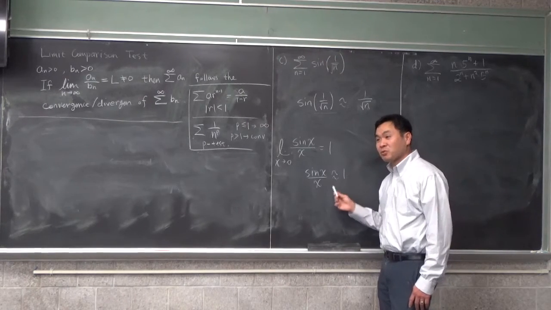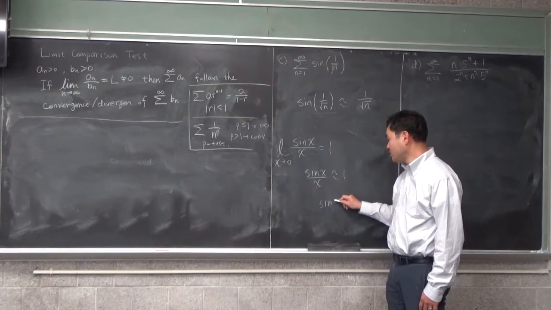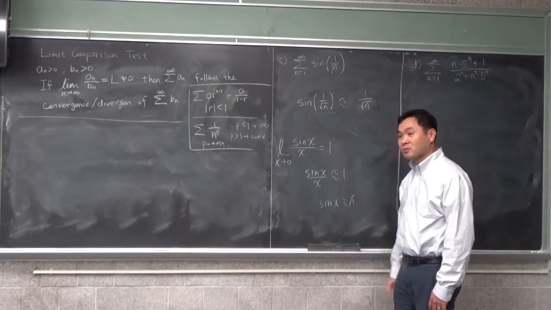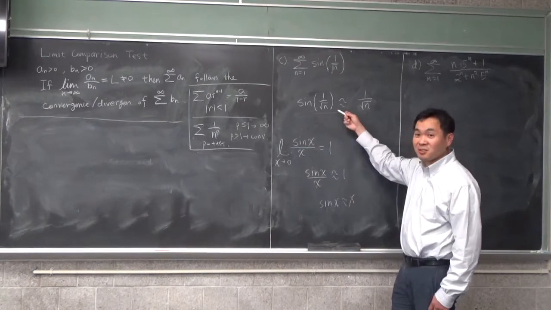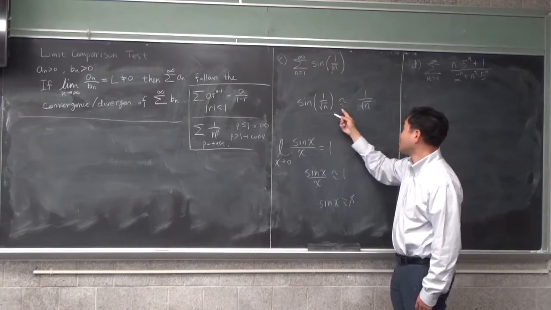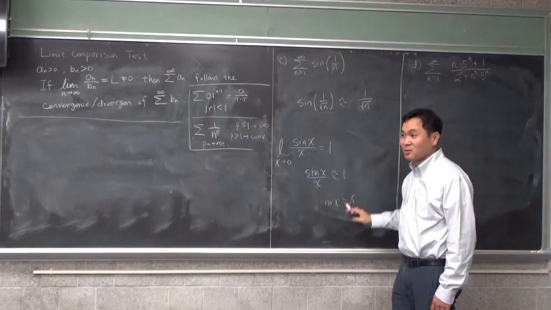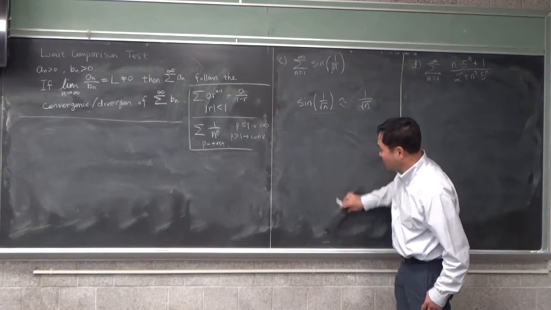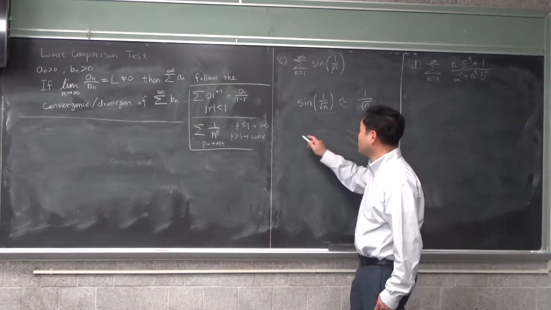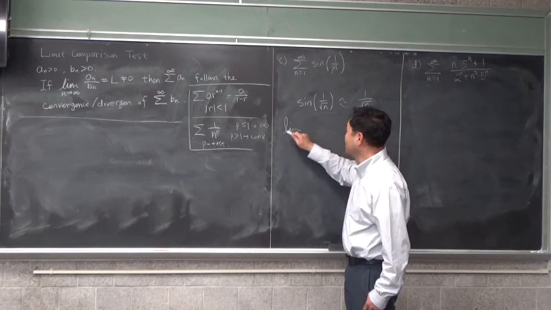Now multiply x on both sides. What do you get? Sine x is similar to x. Now, if you know that, isn't this clear? Yeah, sine of x is similar to x. Done. So once you have chosen your target to compare with, now we have to take the limit as n goes to infinity